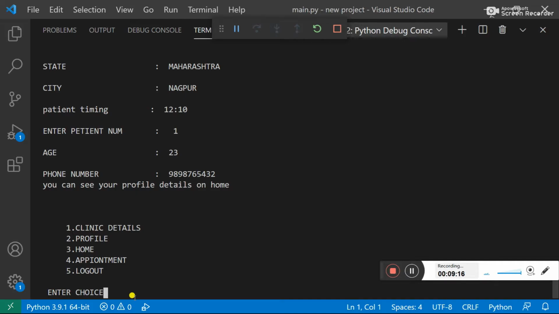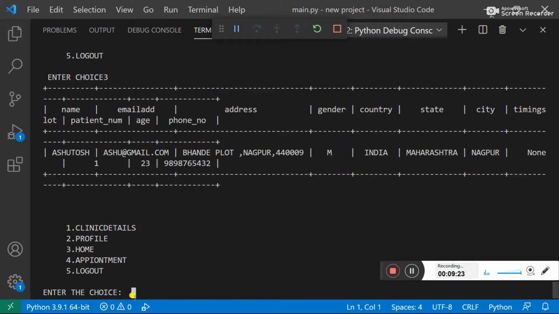After completing the patient profile, we can see the patient profile on home in a pretty way. After that we can take an appointment.